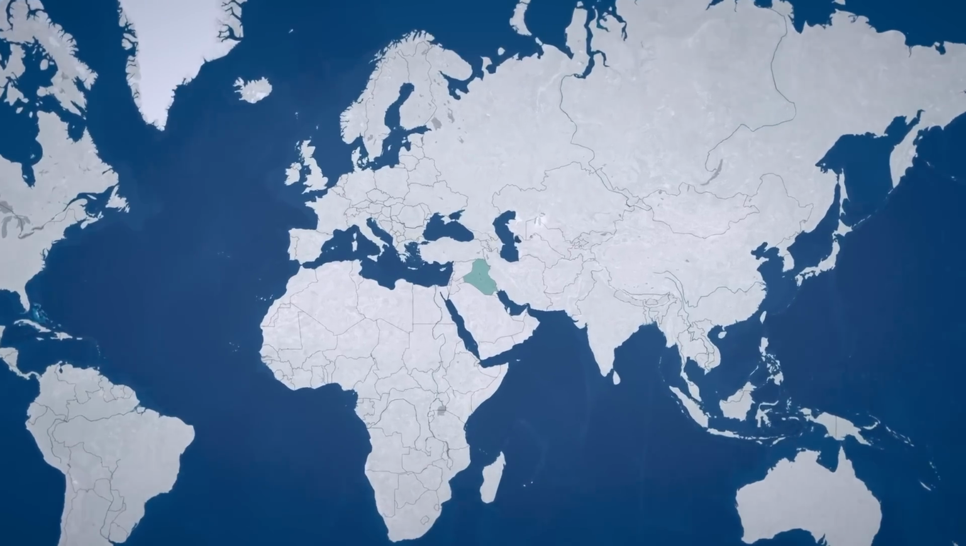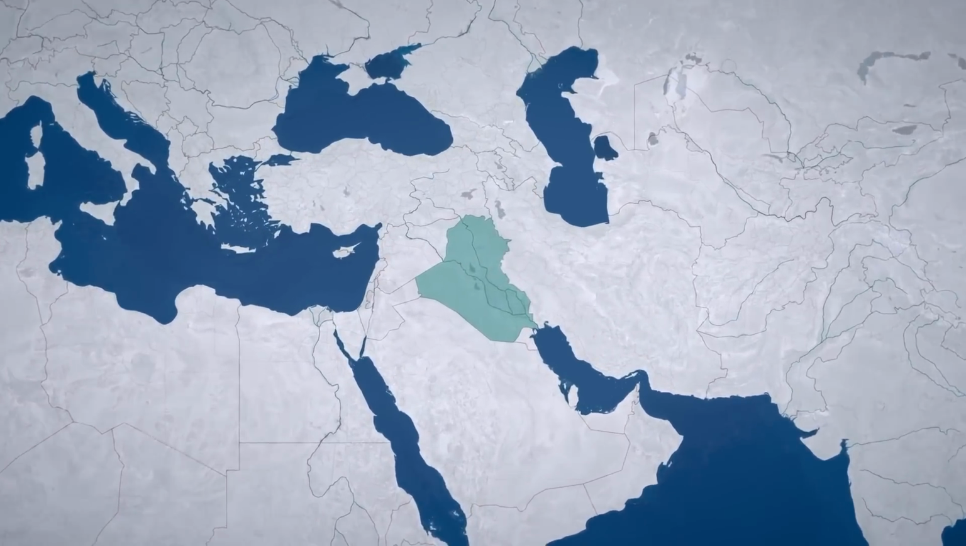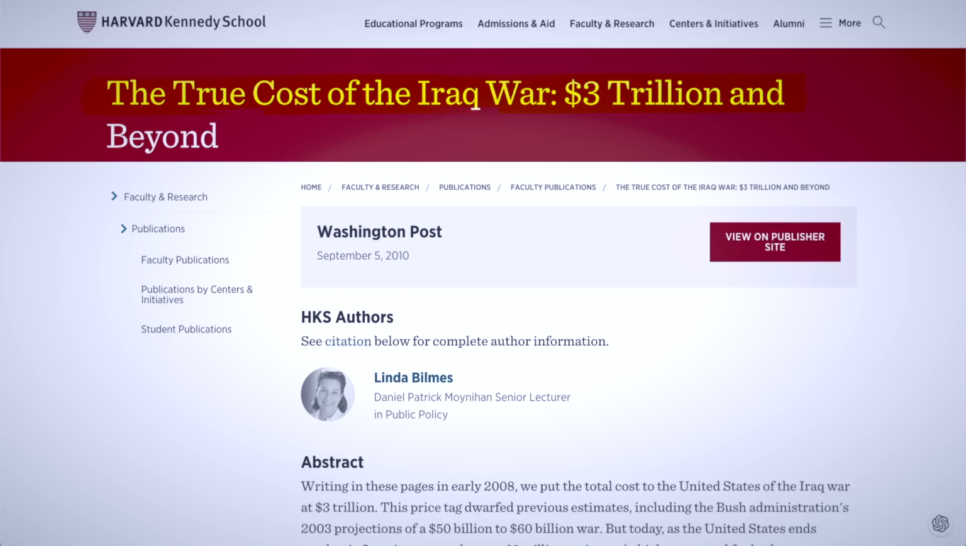Then came the invasion of Iraq, which also pushed the government to borrow massively to cover the astronomical cost of the war. All of that massive borrowing and loose regulations led to a housing bubble that eventually crushed the US